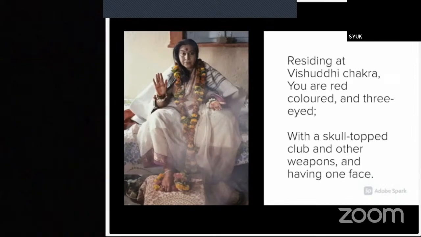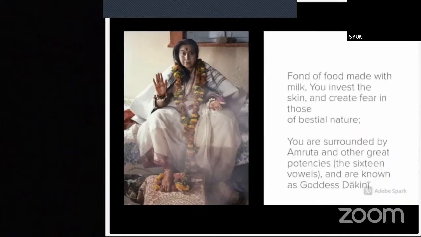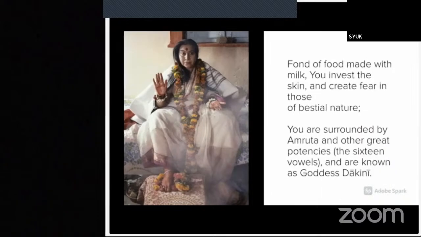Residing at Vishuddhi Chakra, you are red-colored and 3-eyed, with a skull-topped club and other weapons, and having 1 face. Fond of food made with milk, you invest the skin and create fear in those of bestial nature.